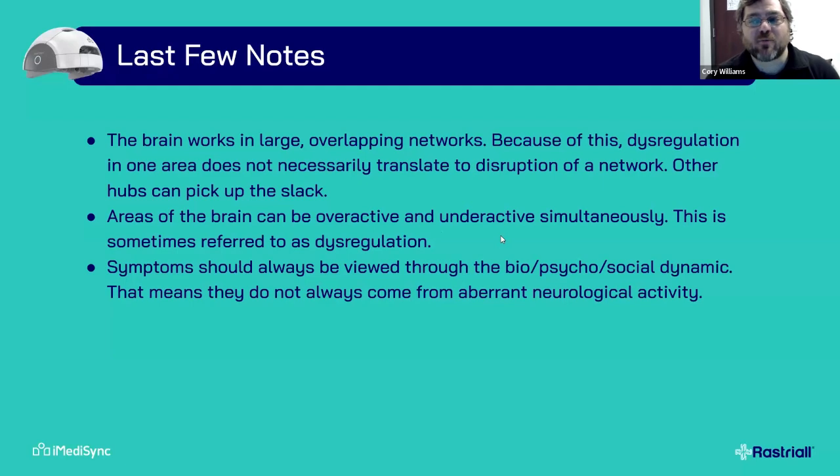Another thing, and this was really hard for me to wrap my head around when I first entered the field, is that a brain can be overactive and underactive at the same time. We can see fast and slow activity simultaneously in the same location. The way I describe this to clients is that you've got a car that can drive in the neighborhood or on the highway, but has nothing in the middle. It's great when you need to park, and it's great when you need to go fast, but sometimes we just have to drive at not a breakneck speed. And for that, this brain is sort of struggling. We can only go slow or fast.